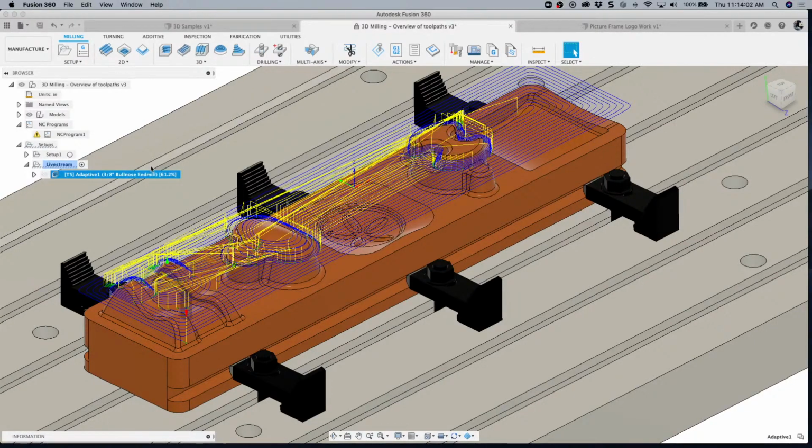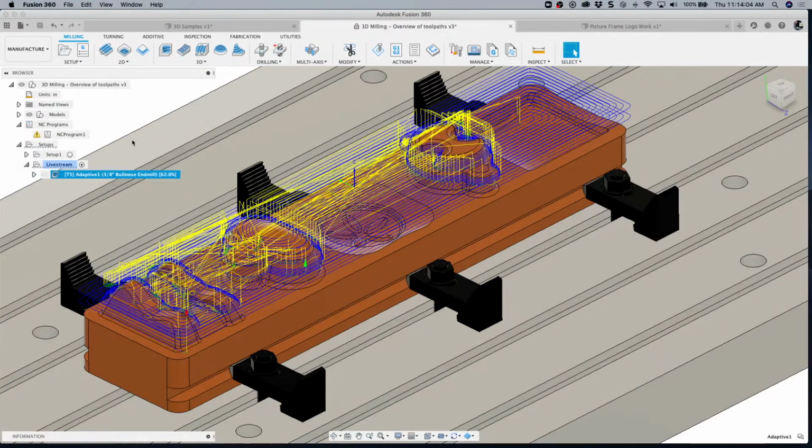All right, my computer is not cooperating as far as being the greatest at speed today. Feel free to drop your comments in there. All right, so I see